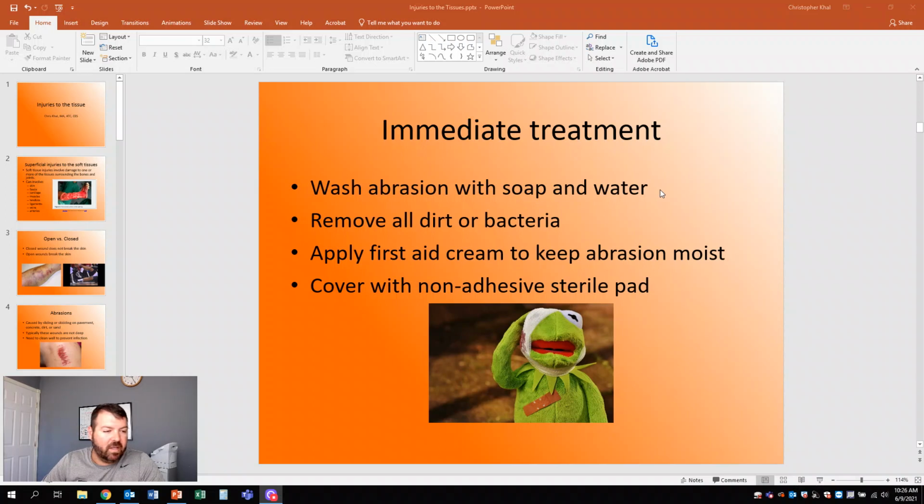I can't remember if I get more in depth on some of this later on in this section, but you should never use peroxide or alcohol to clean or disinfect a wound. Okay, that is very much a myth. That's what our parents and grandparents used to do way back in the day. But all the research shows that is the worst thing to do.